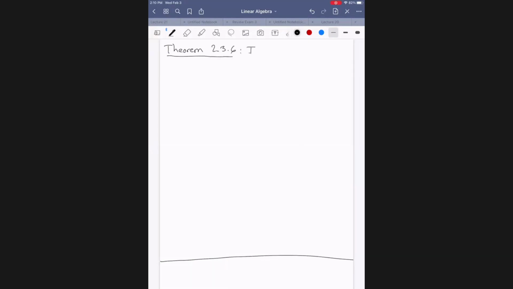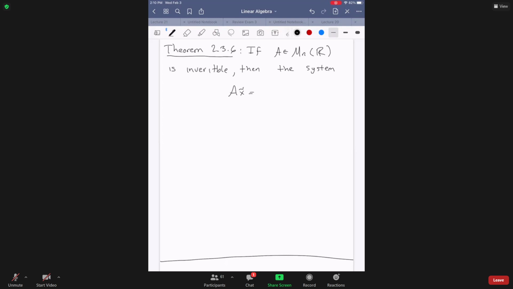If A is a square matrix and invertible, then the system AX equals B